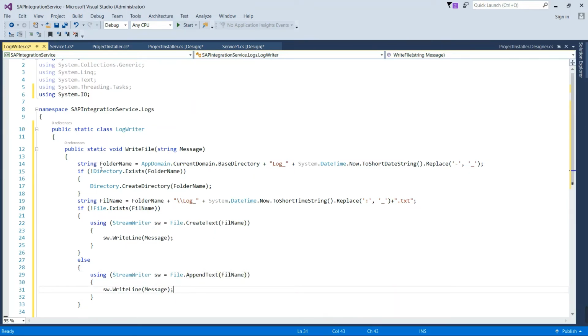So this is the log writer, it will create a log for us. So you can write with the help of this class and function.